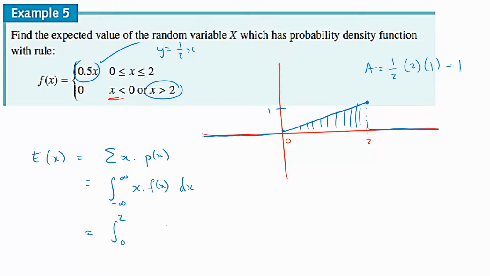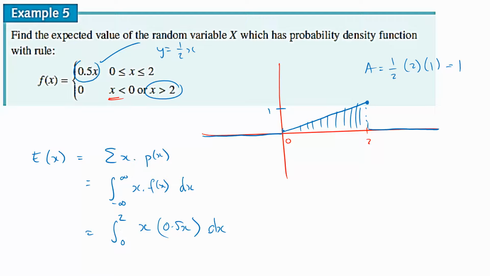So f of x is 0.5 times x. If I found this, just that, without the x in front of it, that technically just says find the area under the curve, which is probability. If this is probability, we said take the probability times x. So that's what I'm going to do. I'm going to write, times by x. If you have this in your exam, just type it in your calculator. Solve for that. Because whatever that value is, that is your mean. That's your mean. So from 0 to 2, find your mean.